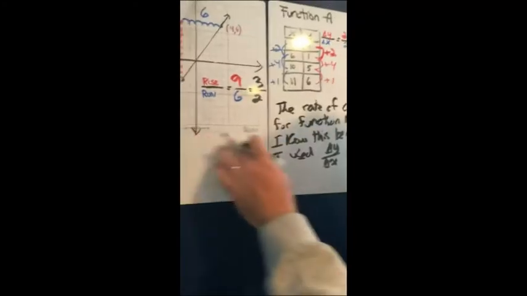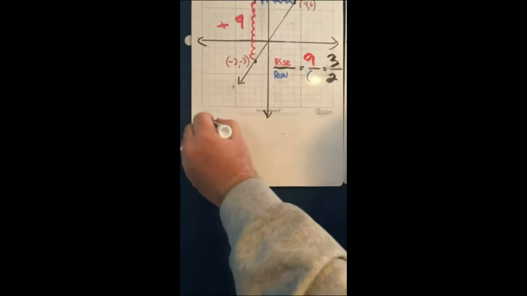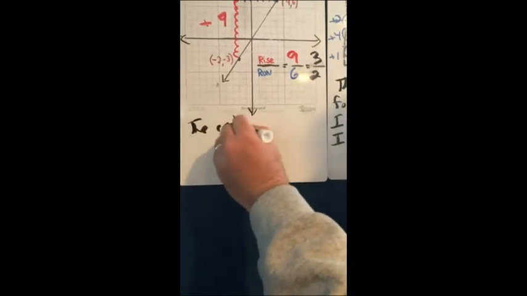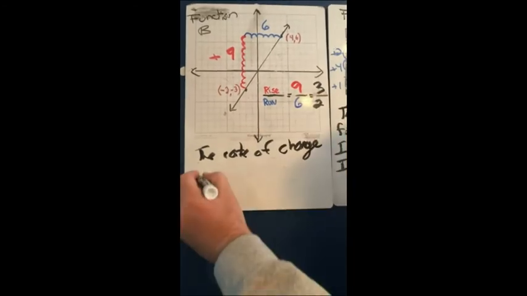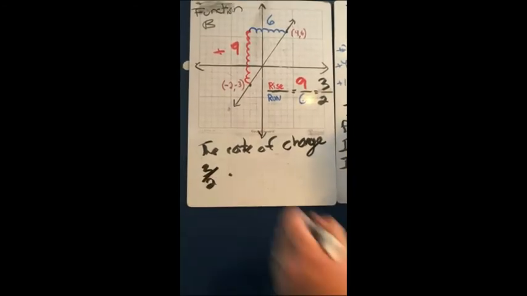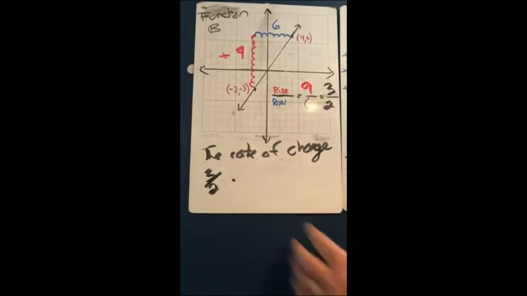So once again, I'm going to do something like I did over here in function A: two complete sentences explaining my work. And we know that the rate of change for this function is 3/2, same as the slope. Okay, I'd also add a sentence explaining what I did. And then finally,